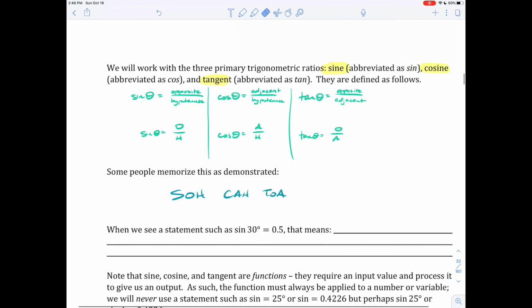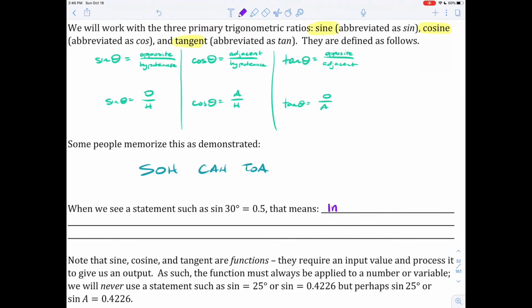SOHCAHTOA is extremely helpful. So, when we see a statement such as like sine of 30 degrees is equal to 0.5, what does that actually mean? I don't know. Well, that means that in a right triangle with a 30-degree angle, the ratio between the opposite side length and the hypotenuse is 0.5 or 1/2. So let's write that down. In a right triangle with a 30-degree angle,